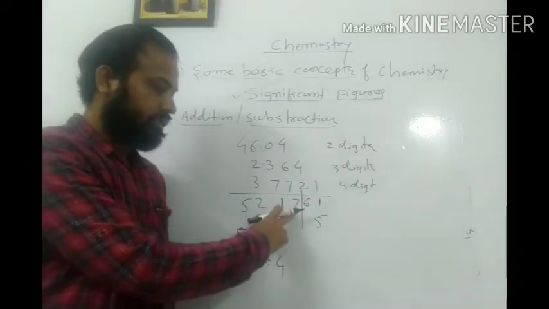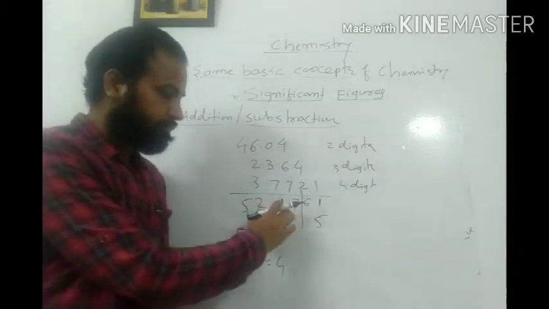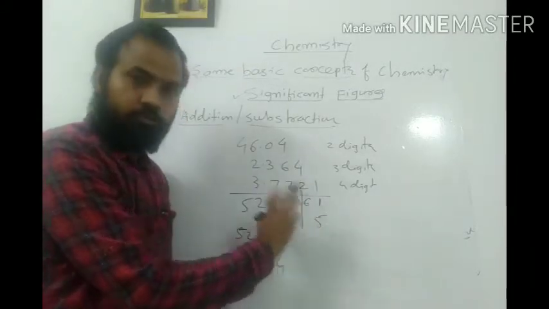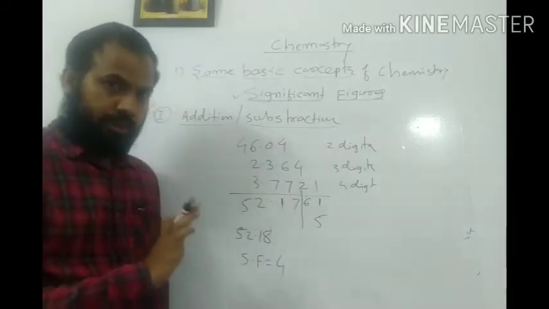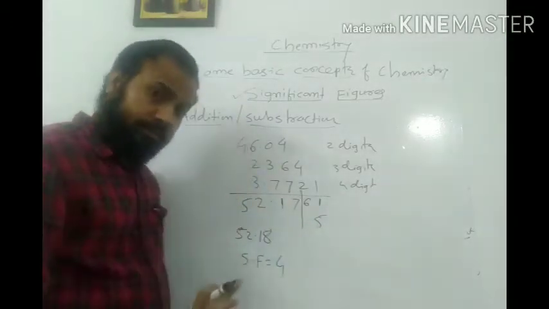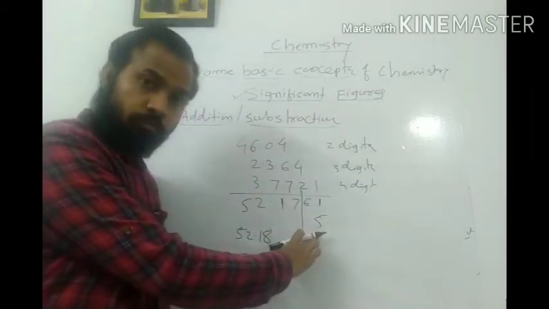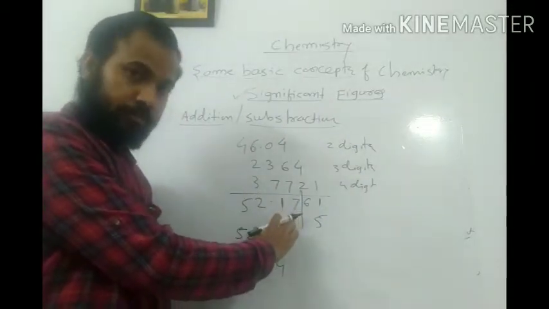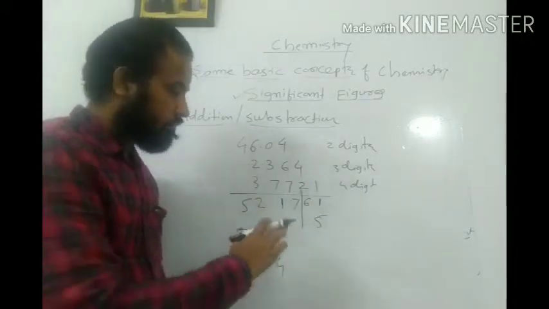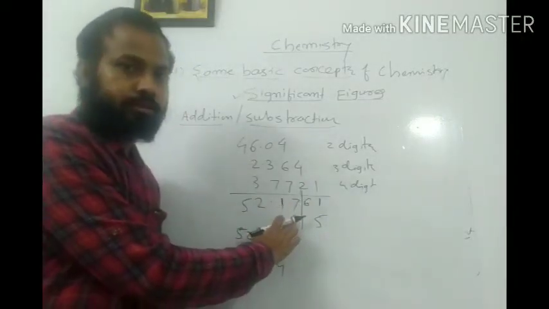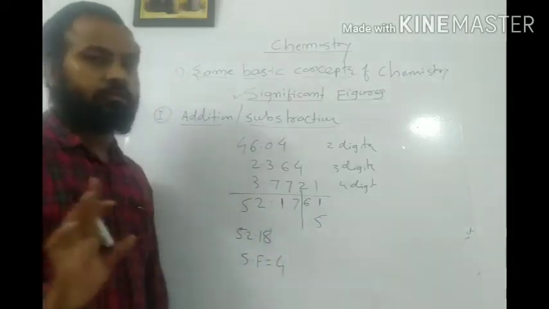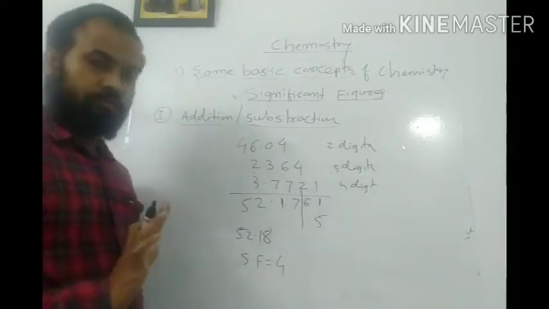So in this case 7 is an odd number, I am going to add one more when this digit is exactly 5. Okay, not in this case, I am just explaining to all of you. If this digit is exactly 5, I have to add one more digit to the previous number. And if this digit is exactly 5, but the previous digit is an even digit, then there is no change. Your answer will be as it is. Okay, just for your information.